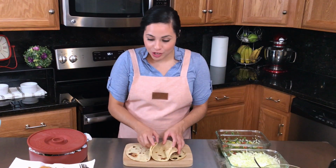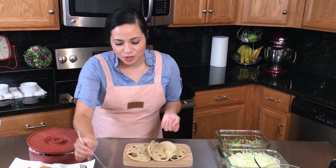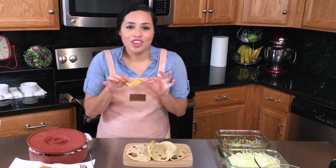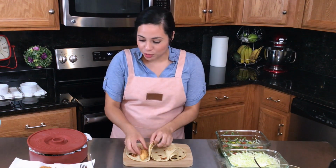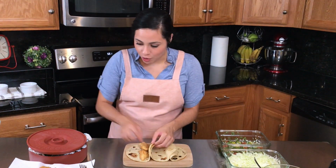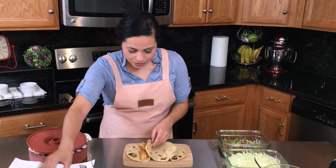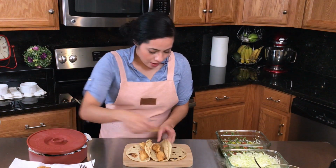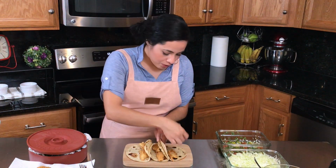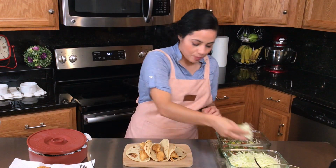Okay, so now we're gonna go ahead and take our fish. Guys, you know what? I'm just gonna do it with my hand. Guys, these are beautiful. They came out so crispy. I am drooling over this. So just place it on your tortilla. I'm gonna do 2 pieces because they're kind of big, but just put them in there how you feel like it. And now I'm gonna go ahead and take my slaw,